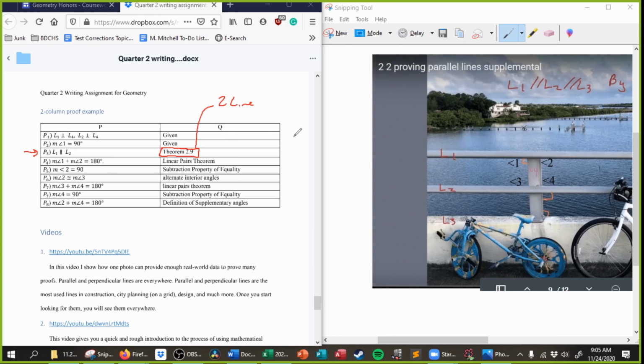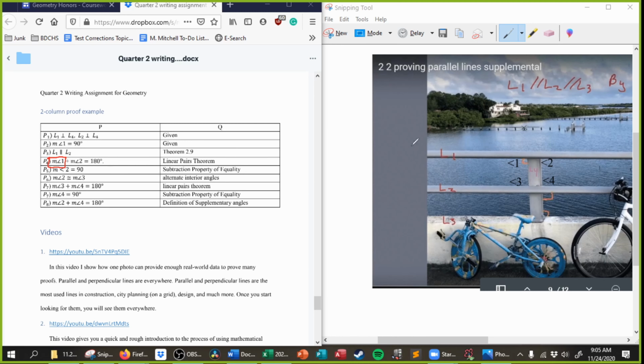That's like, if I ask you what is a cat, you could use the word mammal because a mammal is already established and we assume that our reader knows what a mammal is. We already know what theorem 2.9 is, and we are able to do that. Next, since I know what angle 1 is, I'm always going to base my first real math step off of